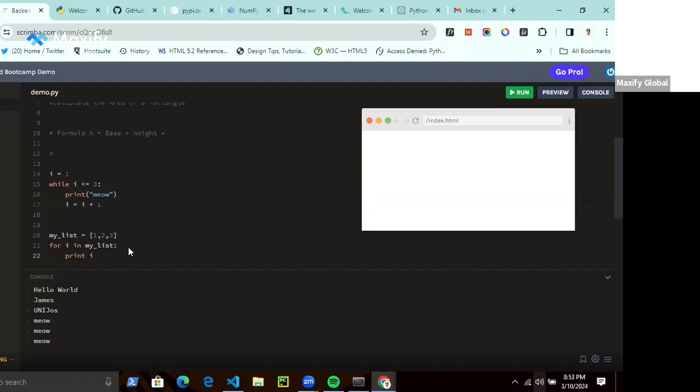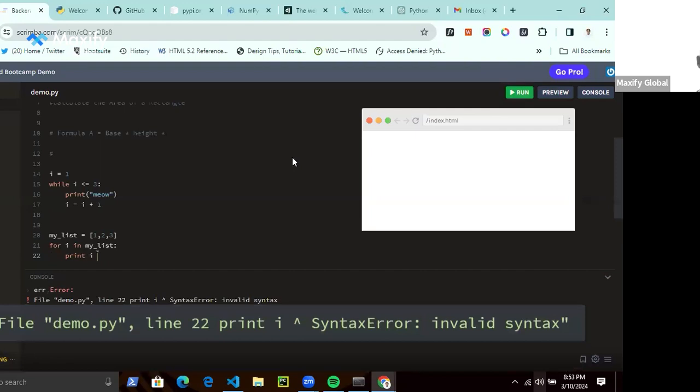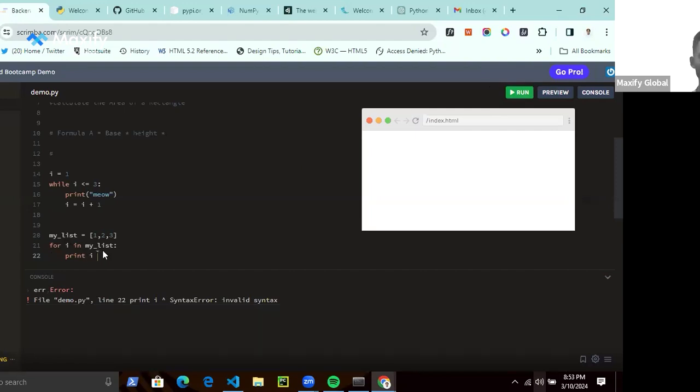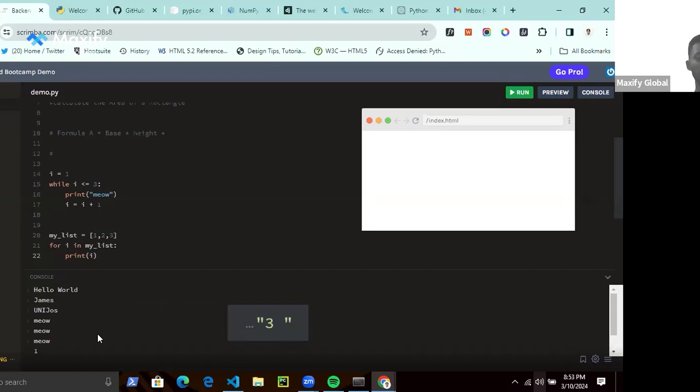What this block of code will do is print out all the items in the list. It does that repeatedly. Let's try to run the code. Okay, I have a syntax error. All right. Yes, so we have 1, 2, 3 printed out in the console.